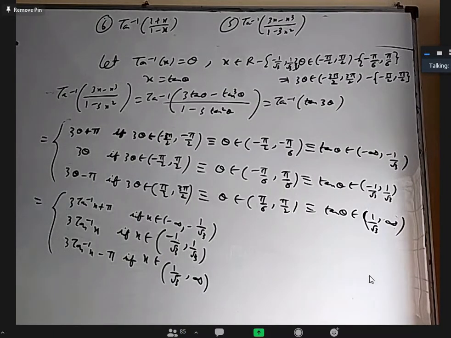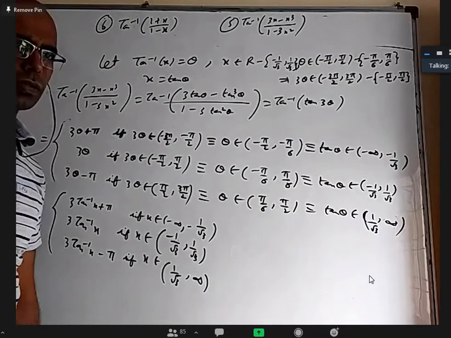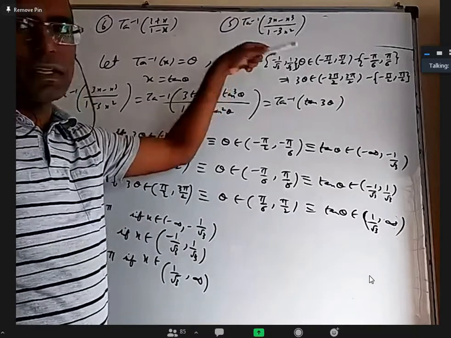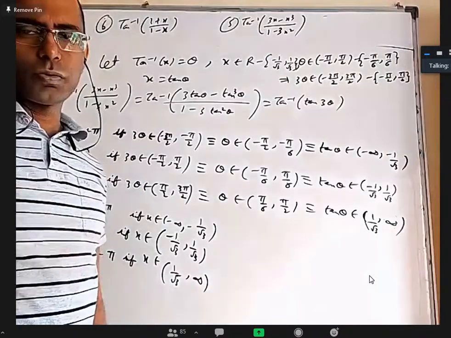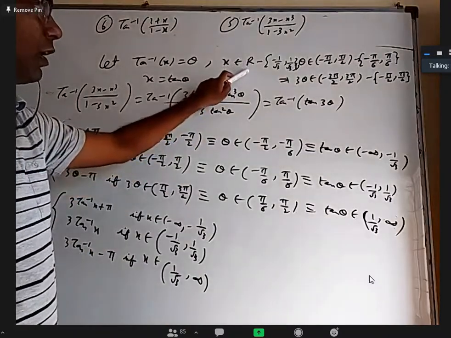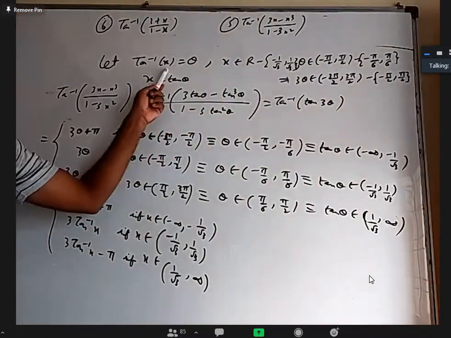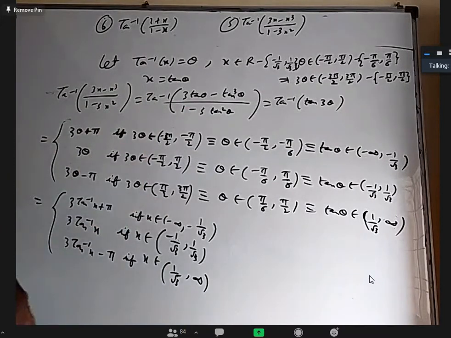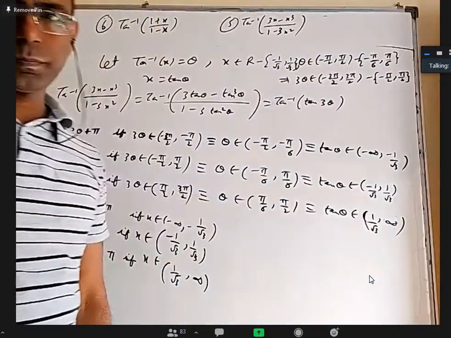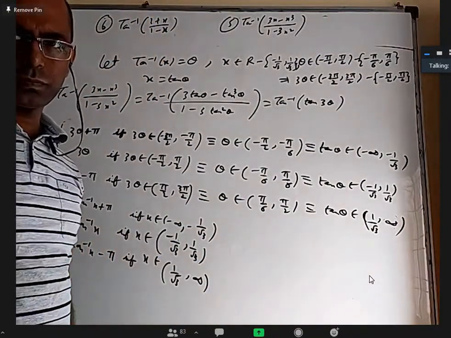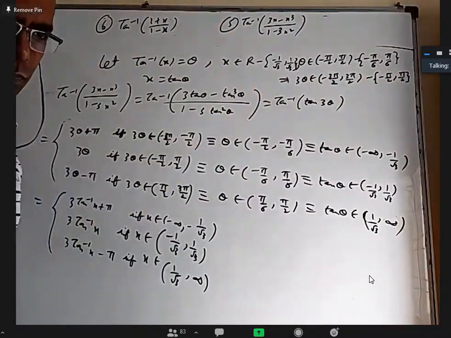Sir, the first step, can you tell once? Let tan inverse x equal theta. Range. Basically, for what x value is it defined? It is defined for all x values except where the denominator is 0, that is at 1 by root 3 and minus 1 by root 3. So in the domain, all real numbers except minus 1 by root 3 and 1 by root 3. And if you take any real number, when you find tan inverse x, it will be between minus pi by 2 to pi by 2. Because you removed these two numbers, you have to remove minus pi by 6 and plus pi by 6, 30 degrees and minus 30. Is it okay? Yes, sir, understood. Is the rest of the part clear? Yes, sir, clear. Okay.